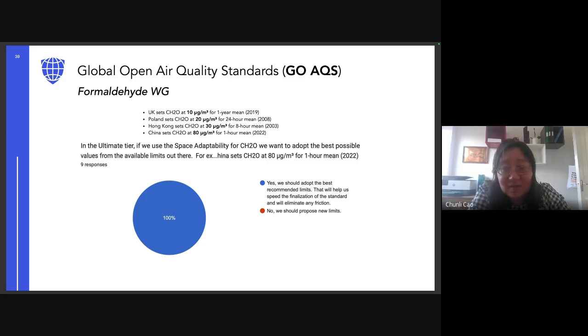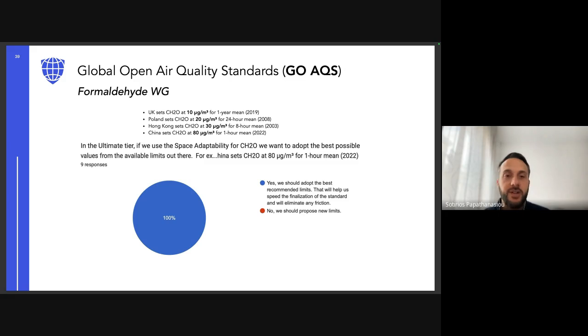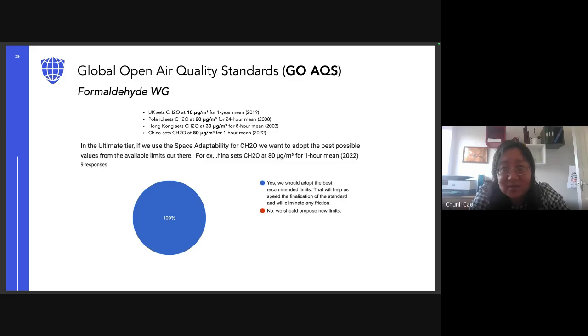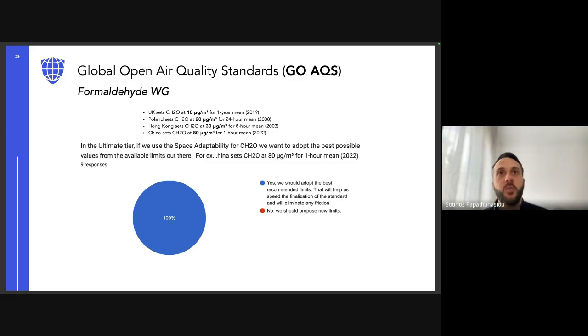Indeed, in Europe, we have stricter regulation around formaldehyde in products. But in some other places of the world, like you mentioned, China, but also in the US, you can even find cosmetics that use formaldehyde in their products. And we would like to bring this awareness around formaldehyde to other countries. This is what we do at GoEQS, right? Having a common framework around protection from a variety of pollutants. So yeah, I completely agree with you.